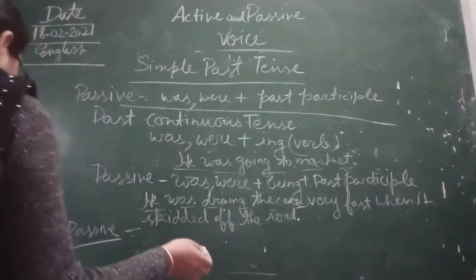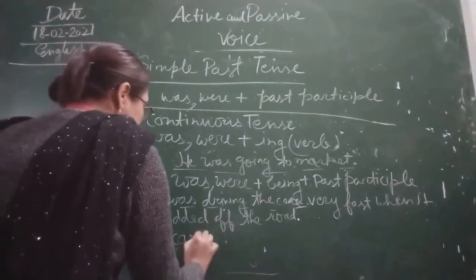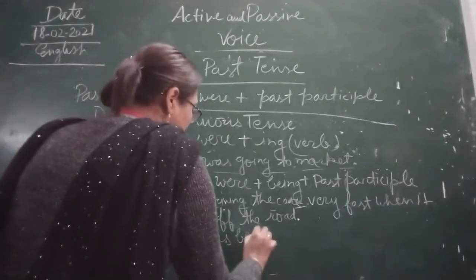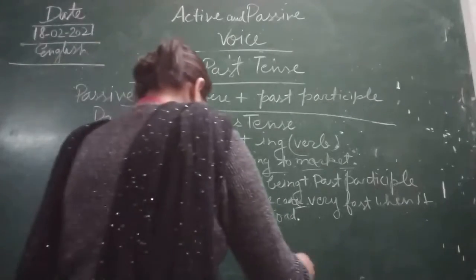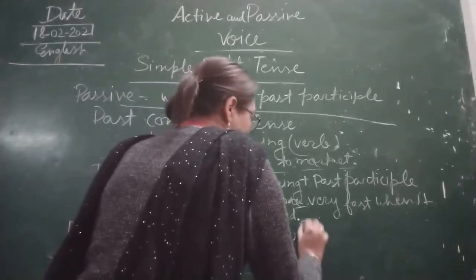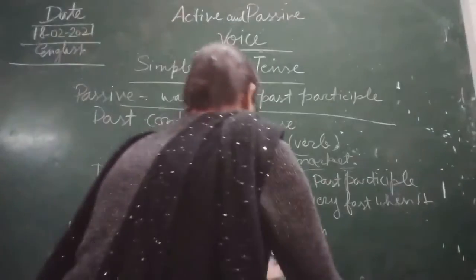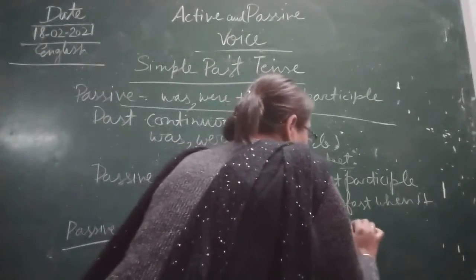Now children, what will we write? The car was being driven, because the rule is past participle, that is why the car was being driven very fast